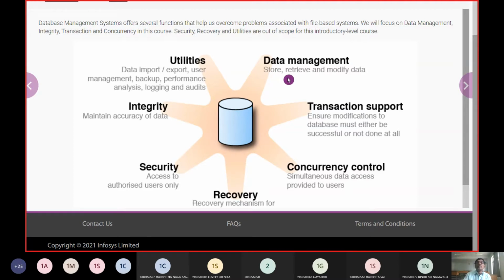Therefore, it is very easy for us to store, retrieve, and modify the data. At any point of time, we can do transactions, and it maintains a single set of transactions. There is no duplicate, no data redundancy. Third, multiple users can use the same database simultaneously without any conflict. That is taken care of by concurrency control.